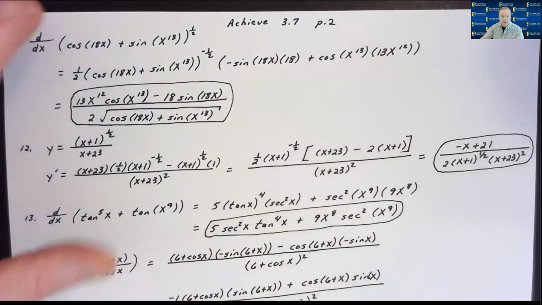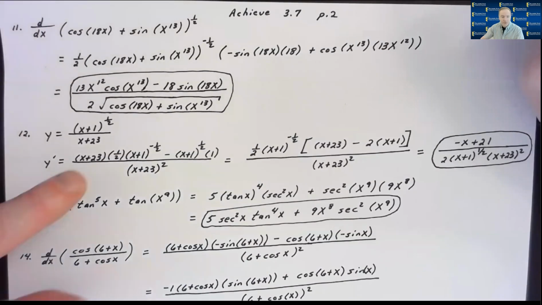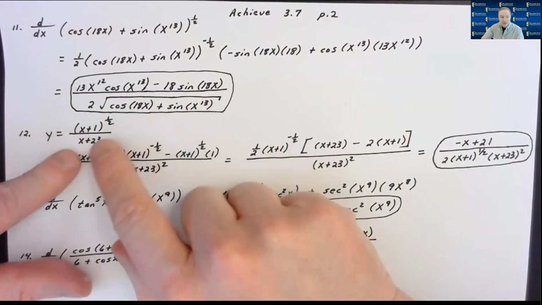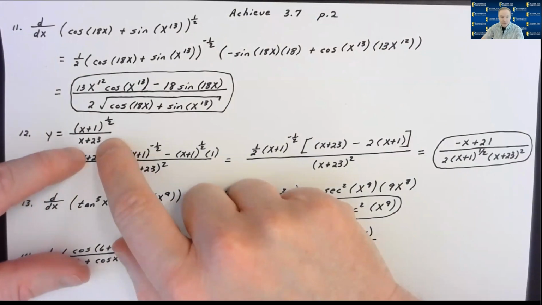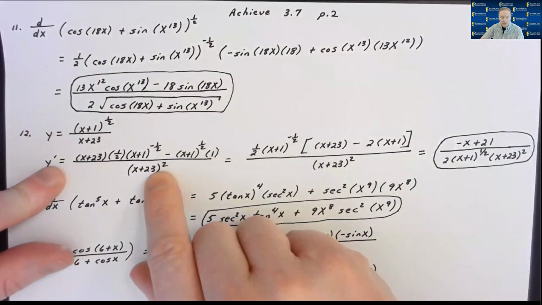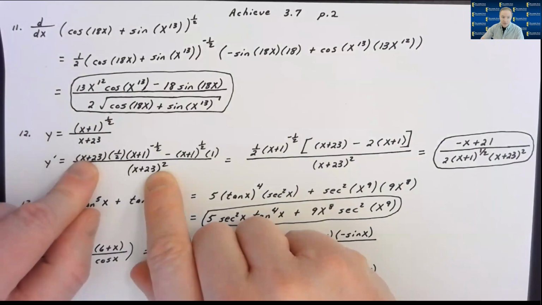For number 12, we'll have a fractional problem, and this one actually takes a step backwards in difficulty. I guess maybe because it went to the quotient rule, they wanted to start with an easy one. But we have the group x plus 1 to the 1/2 power divided by the wimpy linear function x plus 23. So we know that the derivative of any quotient, you just say square the denominator, bring the denominator up to the numerator, times the